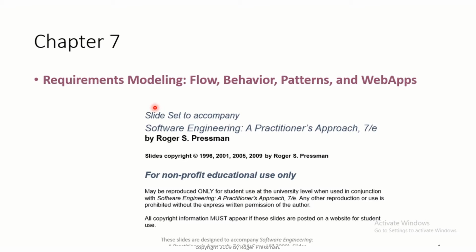So starting with the recap of the previous lecture, where we have covered the flow oriented models and seen DFD as an example of flow oriented models, plus we have covered the major components of data flow diagram and its significance. Now in this session we will focus on behavioral aspects of the system and we will cover the examples of behavioral modeling as well.